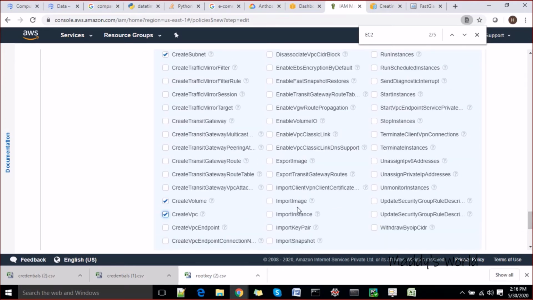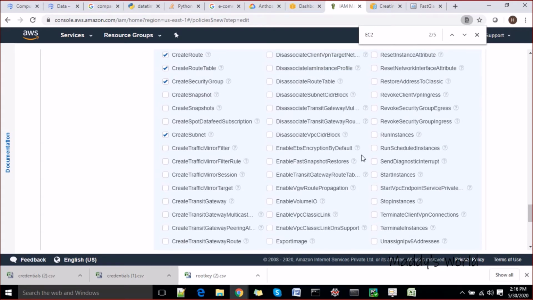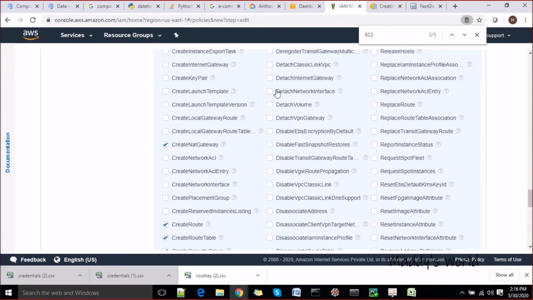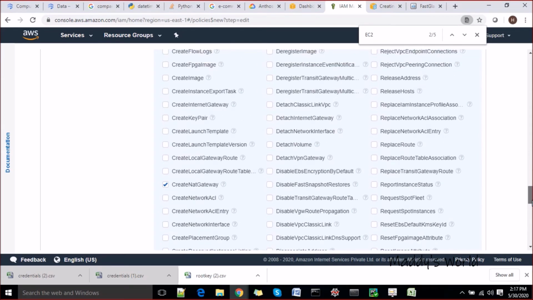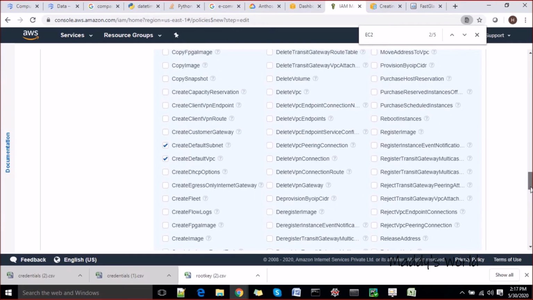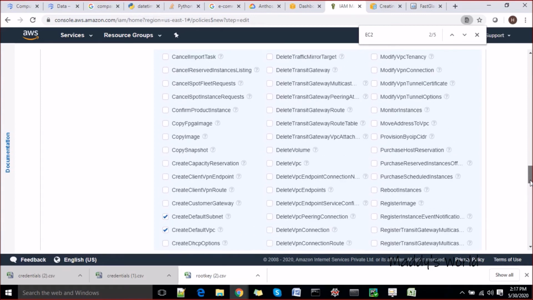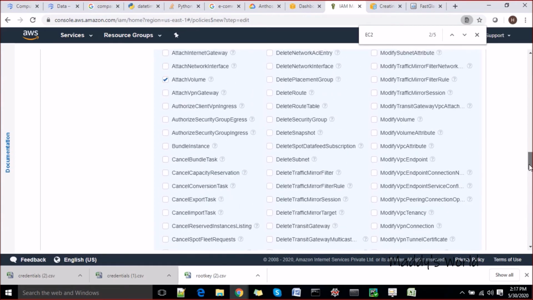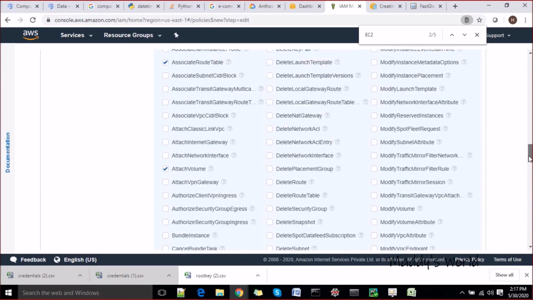Import key, import images, import instance, VPC, VPN, not disassociate anything, detach, I'm not taking this, delete VPN gateway, VPN connection, delete volumes, no, delete subnet, no. I'm not giving any delete access, let's say.